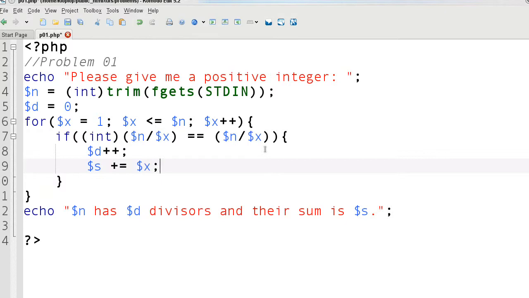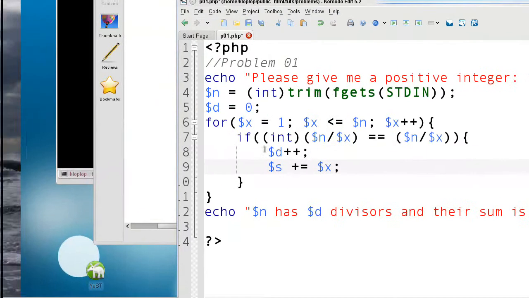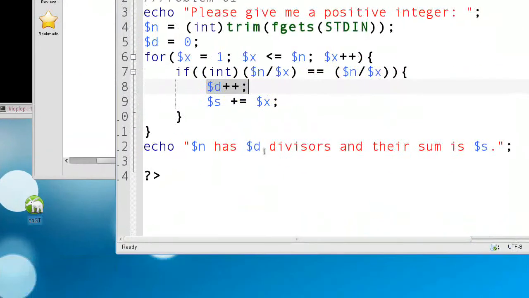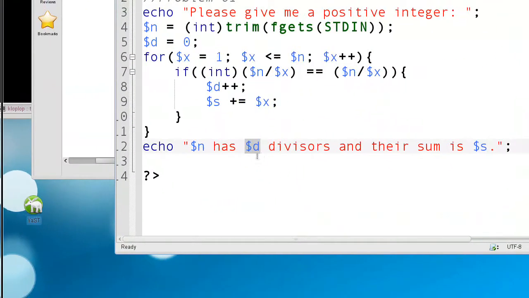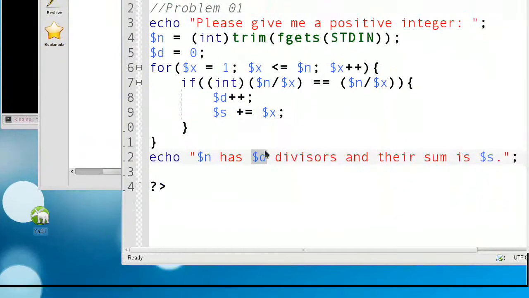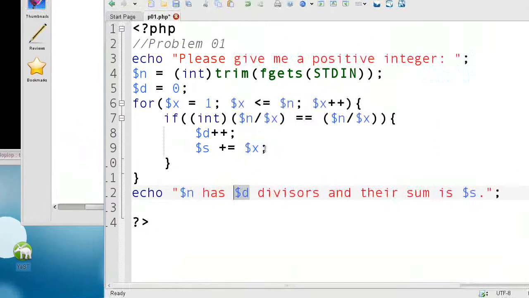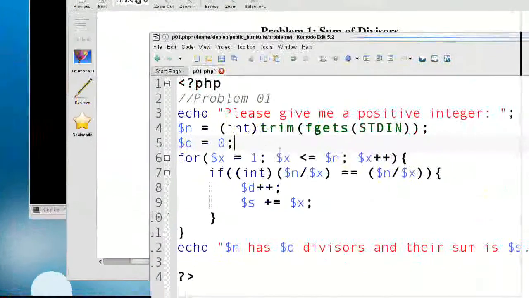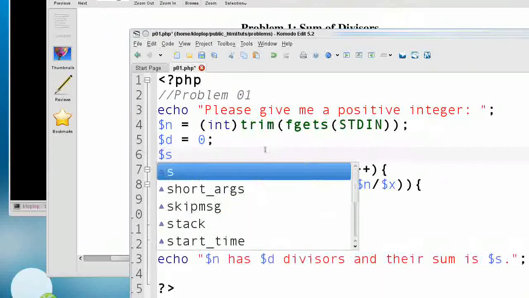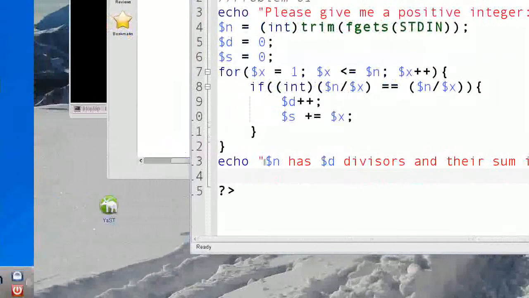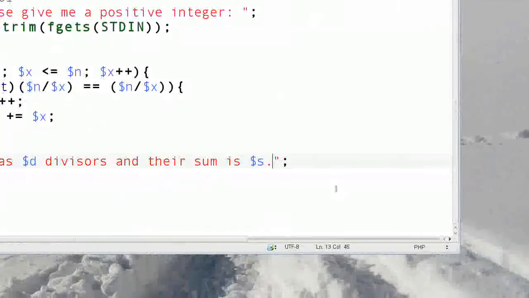So now I have it where I should have the divisor count add plus 1. So when we hit 1, we're going to say 1 divisor, 2 divisors when we hit 2, and then 3 divisors when we hit 5, and then 4 divisors when we hit 10. And the sum will be adding the divisors every single time. I'm going to need to set the default for the sum. And now I should be able to say this sentence right here, and I'm going to put a \n before it. And I'm going to save it,